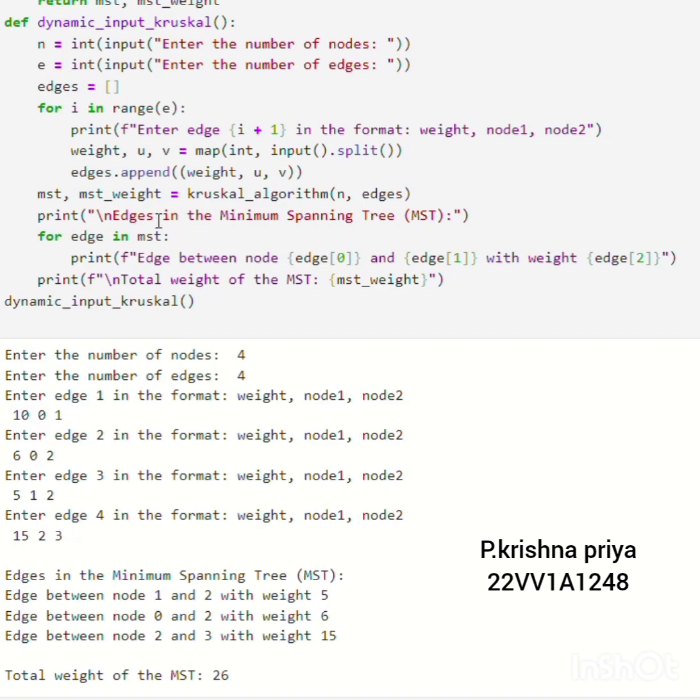Here it prints the header for the MST output, and it loops through each edge in the MST, and it prints edges between the nodes along with their weights and prints the total weight of the MST. For example, here